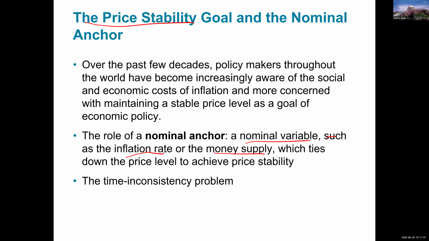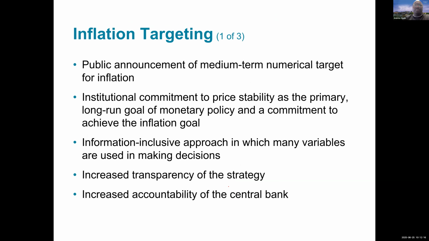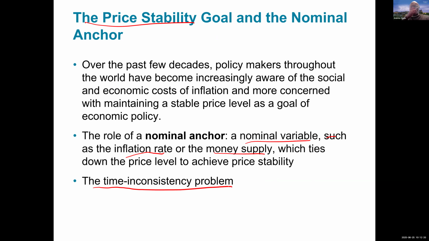Okay, so then the 2% money growth becomes a nominal anchor because that's going to tie the price level to achieve the price stability goal. And then I'm going to talk about a famous concept called the time inconsistency problem in discretionary policy. Maybe I should start with that. Okay, time inconsistency problem. So typically,